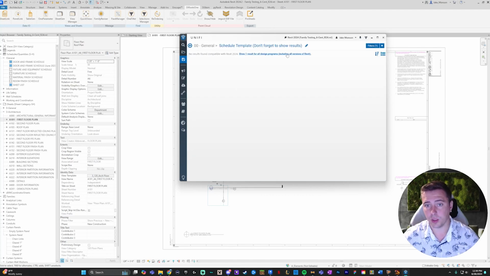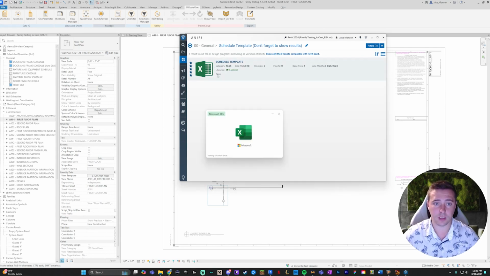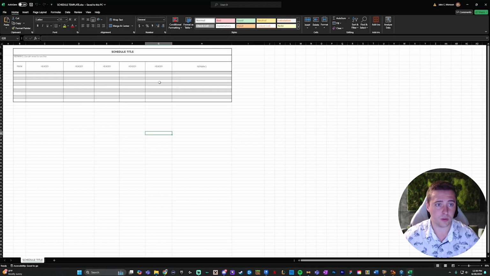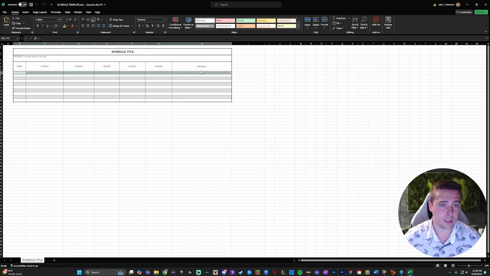What that means is this blue link in here, I have to actually click that link for things that aren't this top software to appear. So since this is an Excel file, not a Revit file, that's why I have to click that link just so it shows up. Now I have the Excel file open, and one thing I want to note is any of these striped rows here,